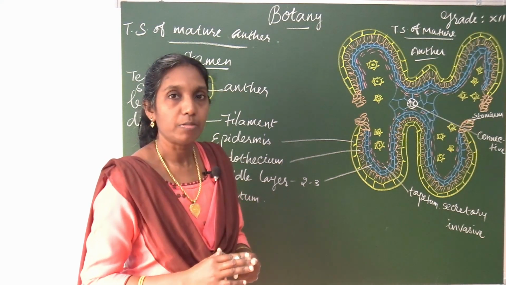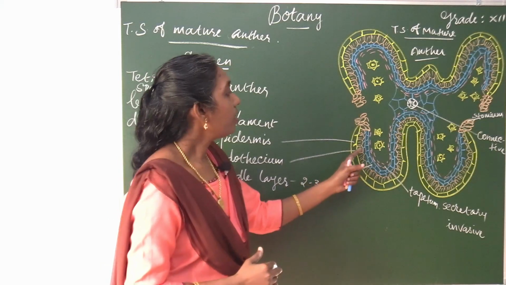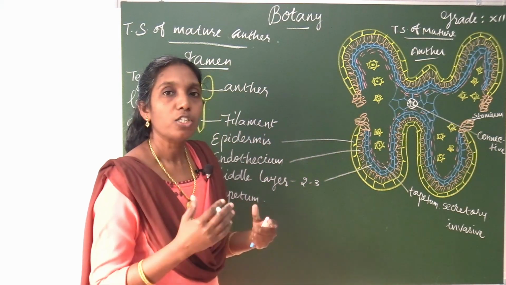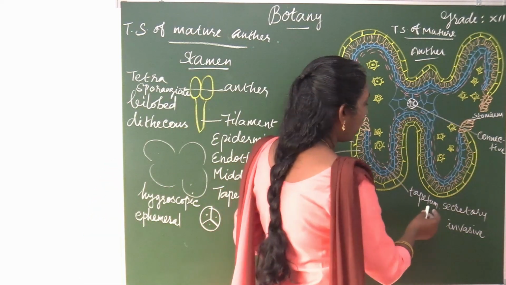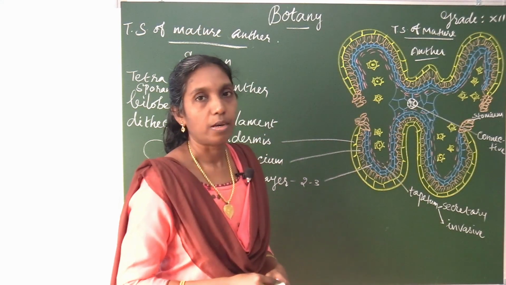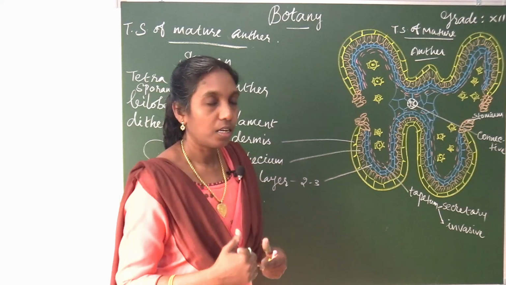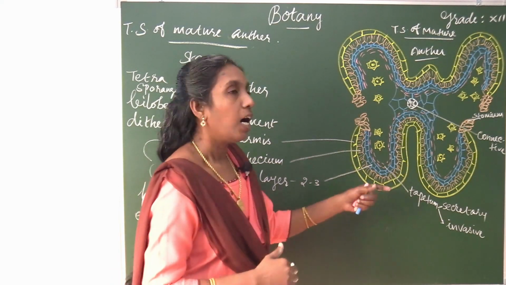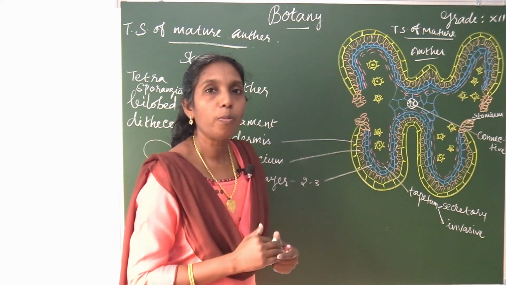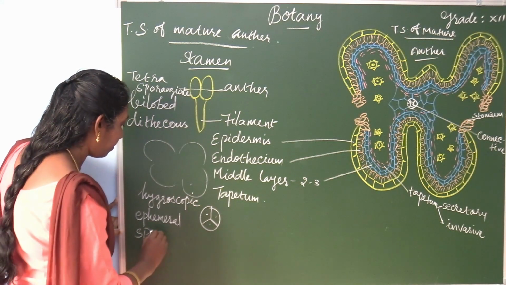The function of tapetum is important. Tapetum nourishes the developing microspores. There are 2 different types of tapetum: secretory tapetum and invasive tapetum. Another function of tapetum is that it contributes sporopollenin through Ubisch bodies. Sporopollenin.